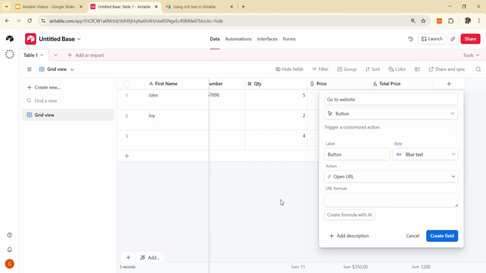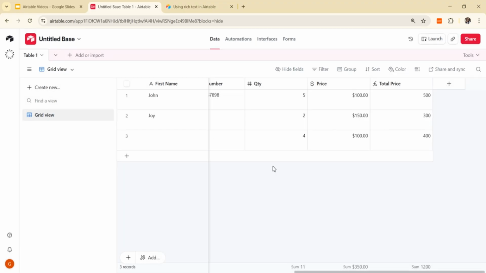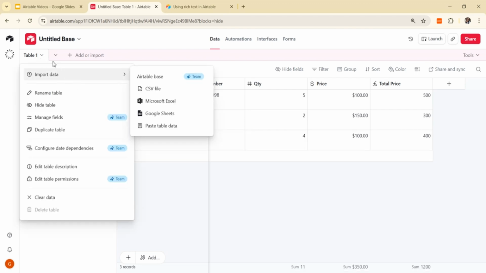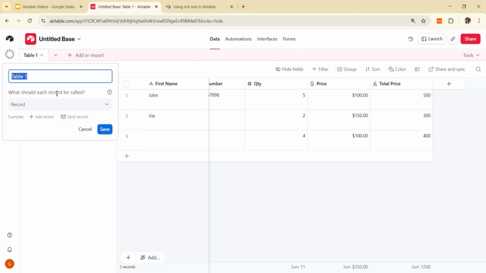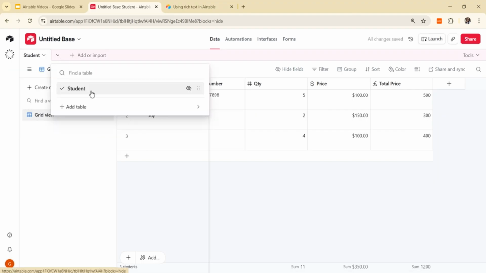So then we have what we call relationship fields. In these relationship fields, we have rollup, we have count, we have lookup. But before we can create a rollup field, count field, or lookup field, we must have not just one table. We must have multiple tables. Let's rename this as students table. Okay. And then we'll have another table called